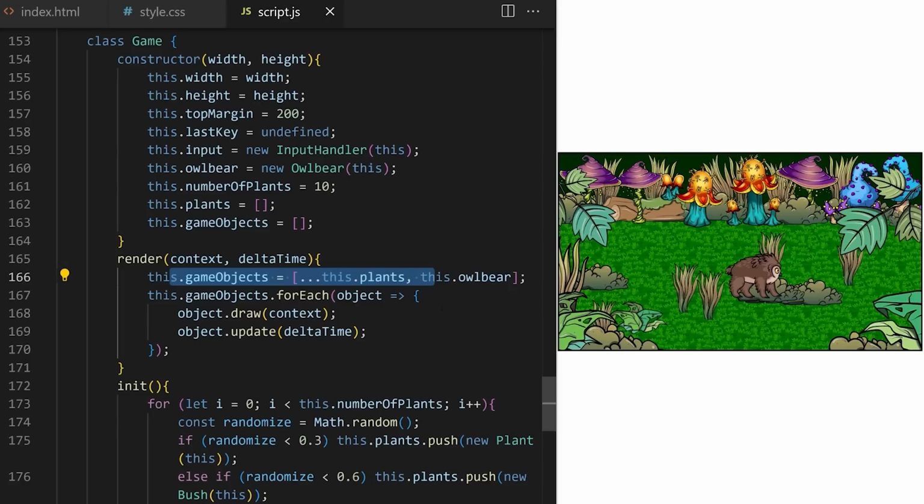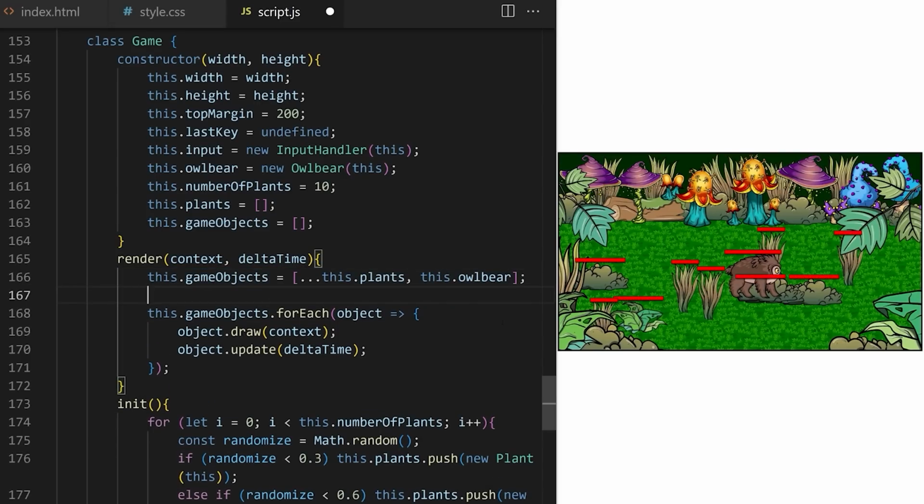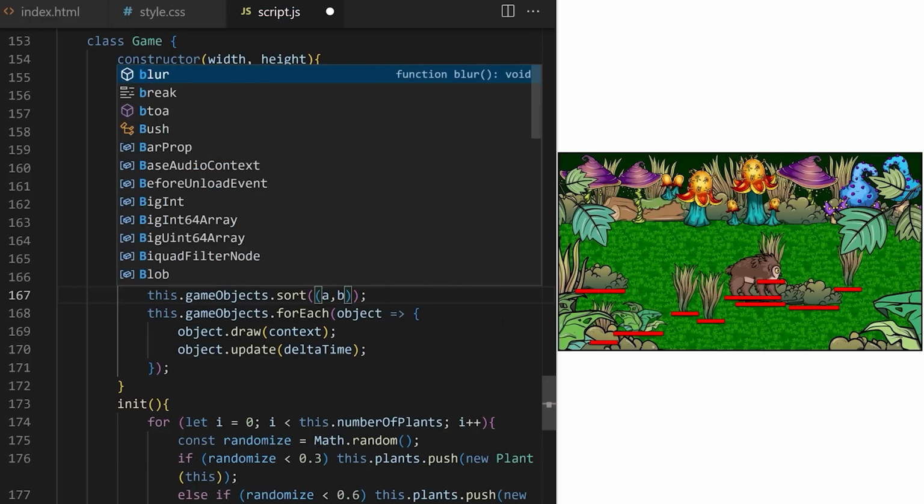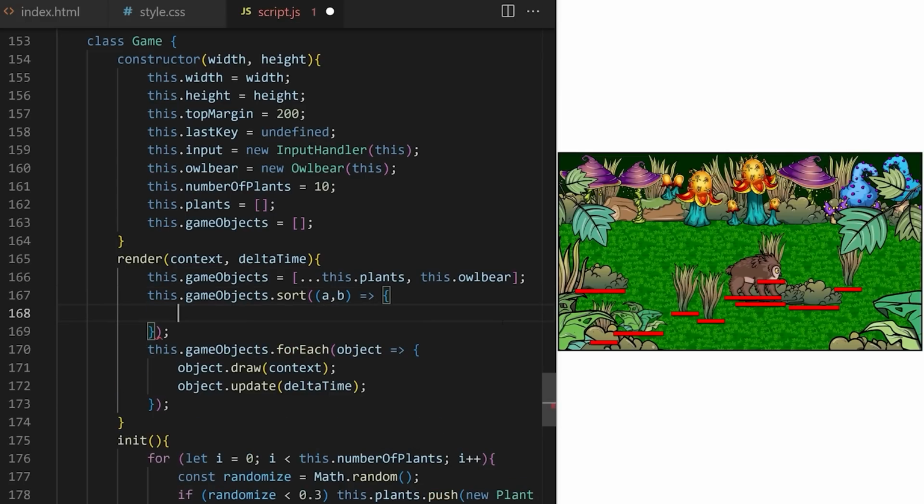So we want to sort owlbear and all 10 plants in this array based on their vertical y coordinate, but not based on their top, but on their bottom boundary, because we have objects with different heights. We can do this using the built-in array sort method. The sort method sorts the elements of an array in place and returns the reference to the same array, now sorted. It takes an optional argument we call a compare function, where we can define logic that describes the sort order. If we don't define a sort condition, by default all array elements are just converted to strings and sorted based